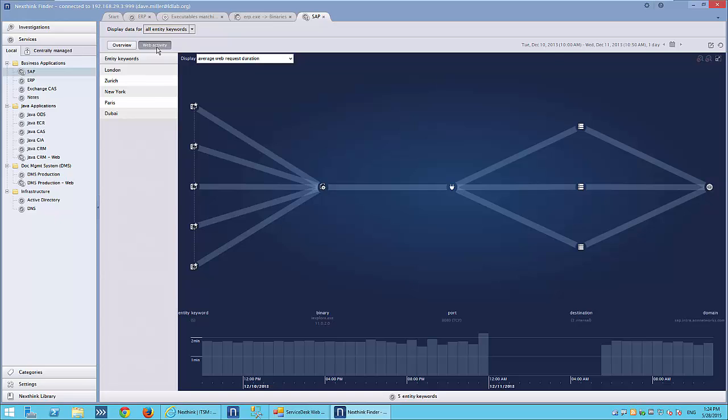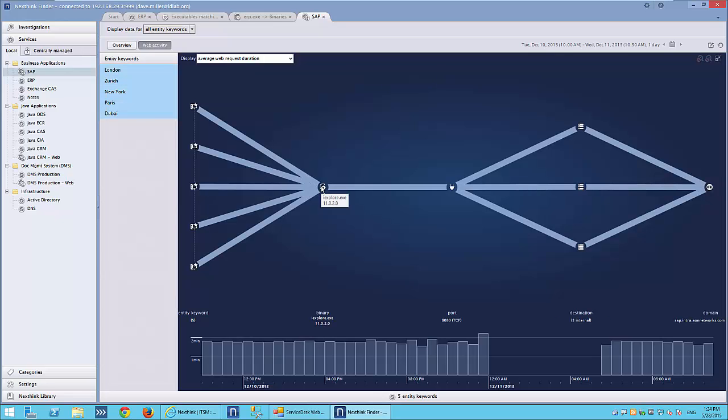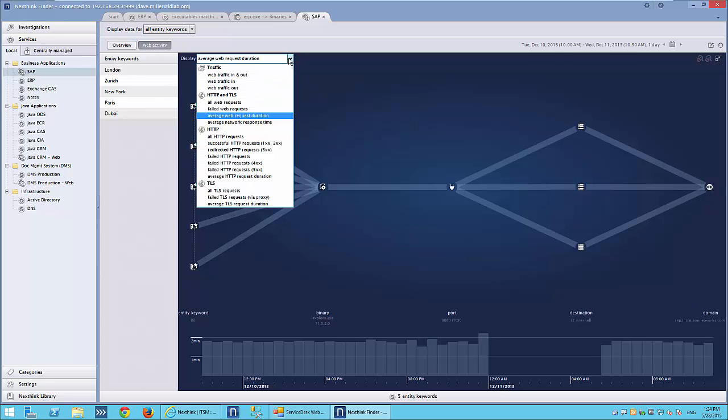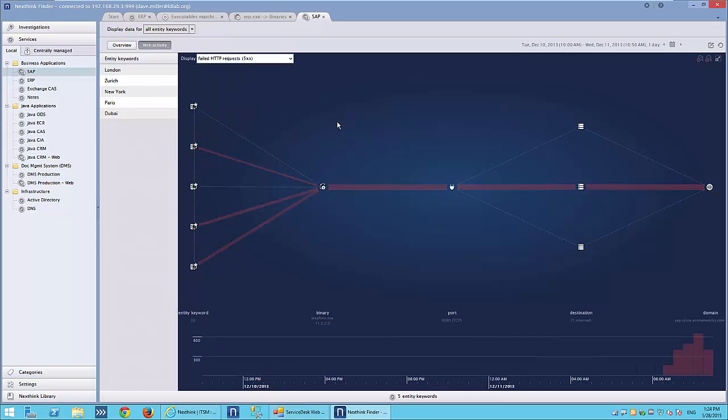in our network activity. Once again, we're seeing our actual locations across the left. Looks like everyone is using Internet Explorer version 11.02. Everyone's talking across one port, and everyone's talking to one specific domain within the environment. I'm not seeing any peaks or valleys within the utilization at the bottom, so nothing like that. So let's go ahead and filter out and just take a look at where the actual requests or the actual issues are taking place. And it's very evident immediately that there's one single point within our flow that is having